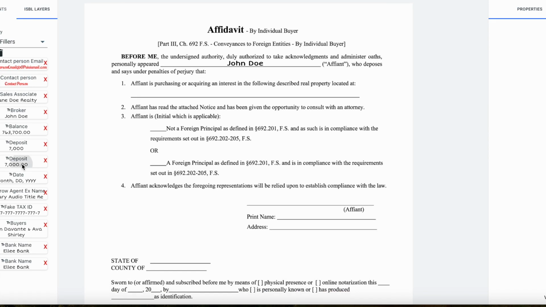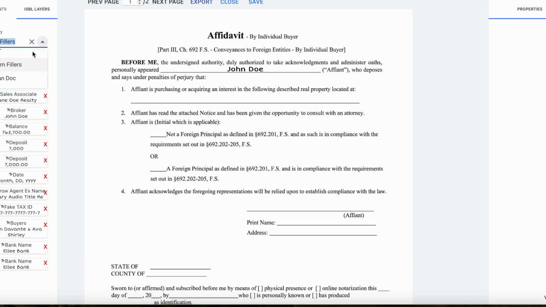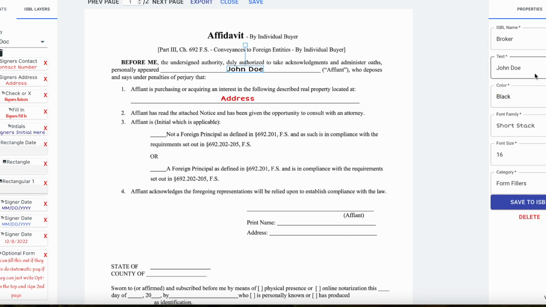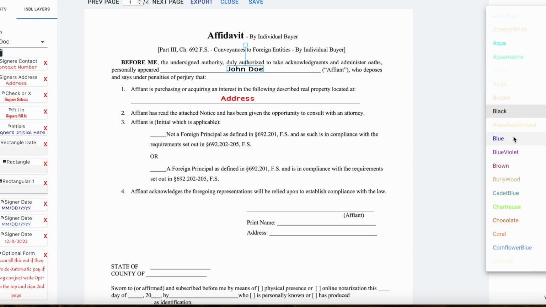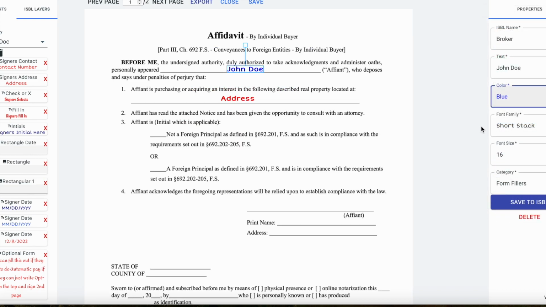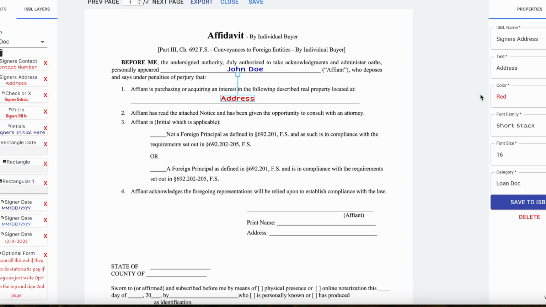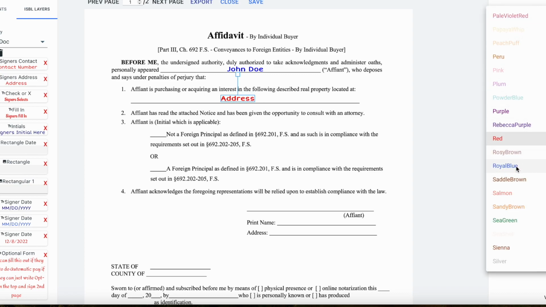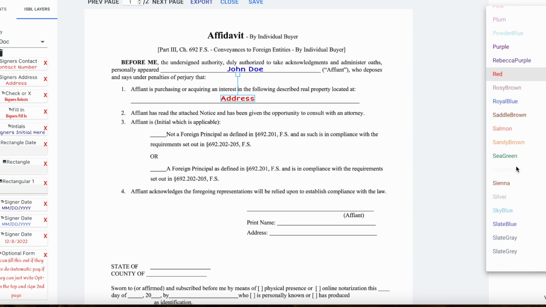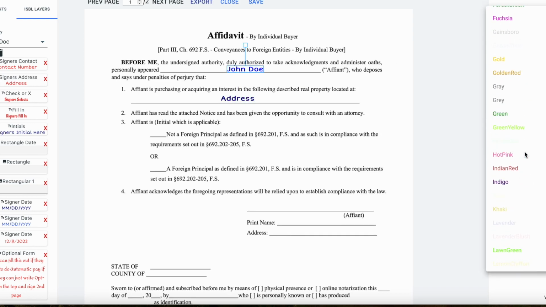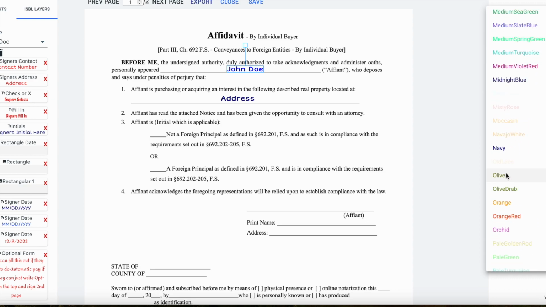So let's put in the property address. And since we wrote John Doe's name in here, let's put that in blue, because when you're doing a purchase, everything is in blue. Usually they type the address in. If not, then we're typing it in. It's usually in there, but let's type it in. And I like to go with navy blue. I just like that. It's a little bit more professional.